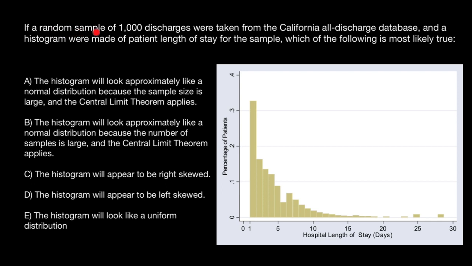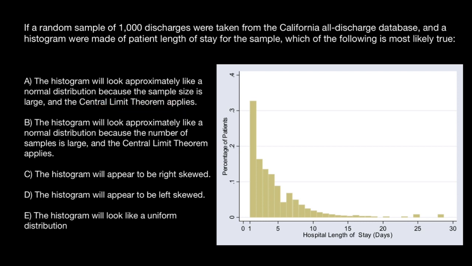If a random sample of 1000 discharges were taken from the California all discharge database and a histogram were made of patient length of stay for the sample, which of the following is most likely true? And here are the variants to choose from. Variant A: the histogram will look approximately like a normal distribution because the sample size is large and the central